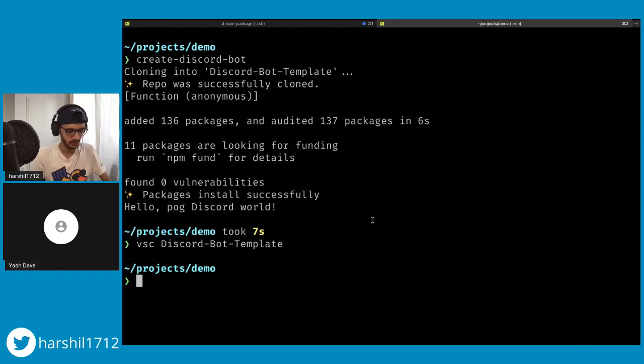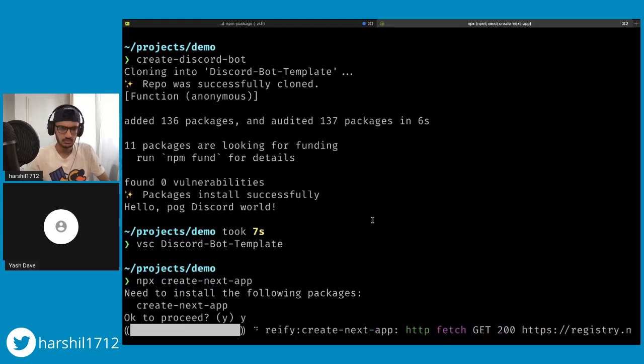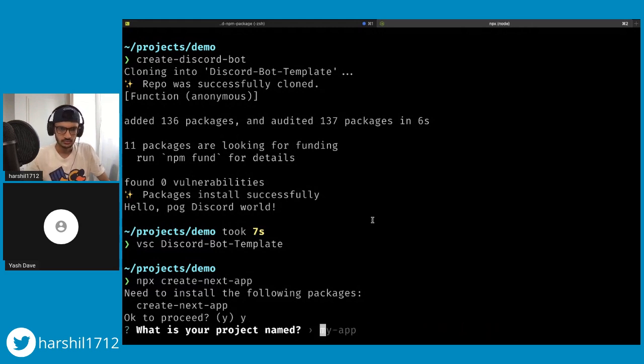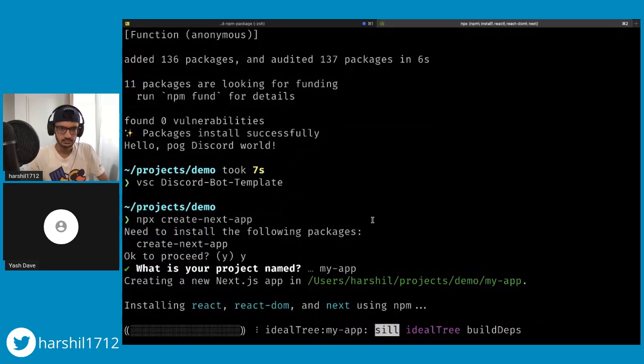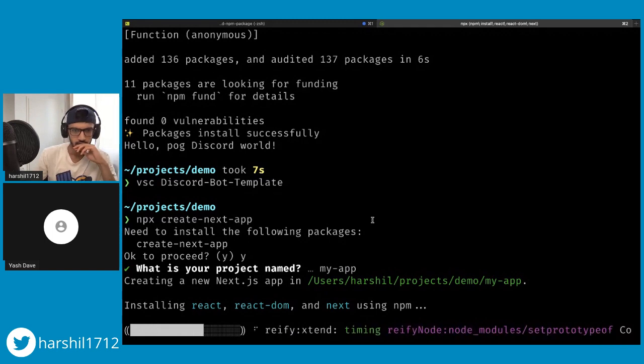Let's just try it out. Since we are already in the demo, I can do npx create next app, right? Need to install the following packages. Okay. So this is installing using npm. Interesting. Earlier,